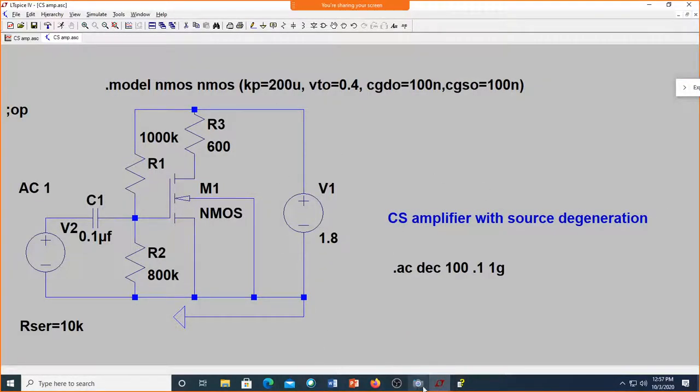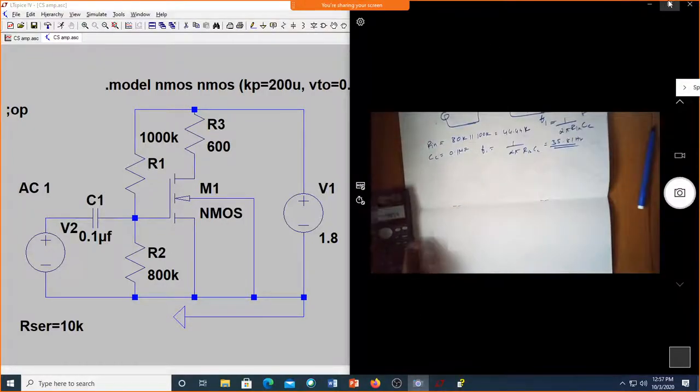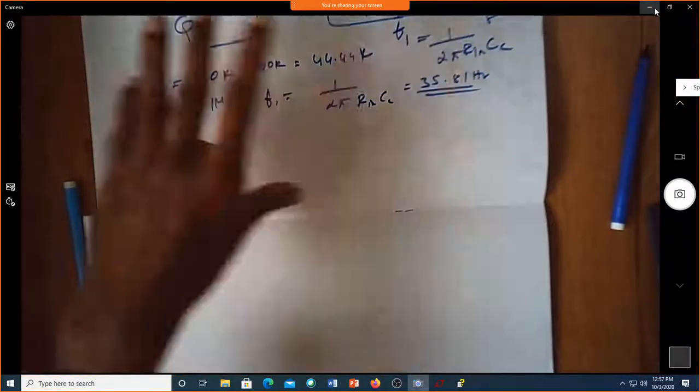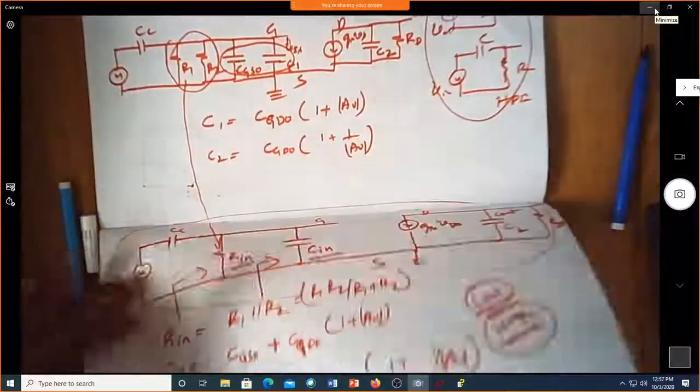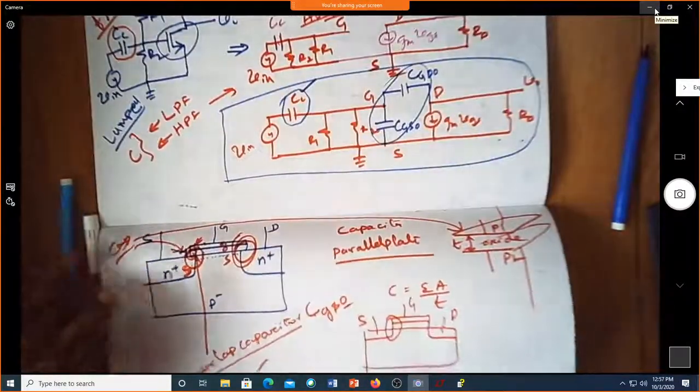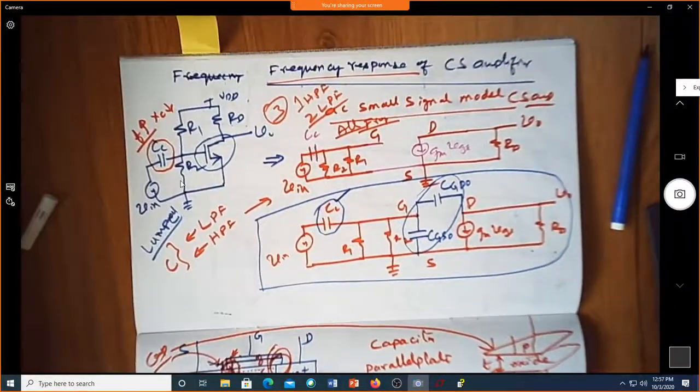Okay, let me just recap what we have done today. Did we start with this amplifier? Yes, sir. Our intention is to get the frequency response. So we started with this, but we found that there is no capacitor itself. So we started including this CC because we want to do it for all frequencies.